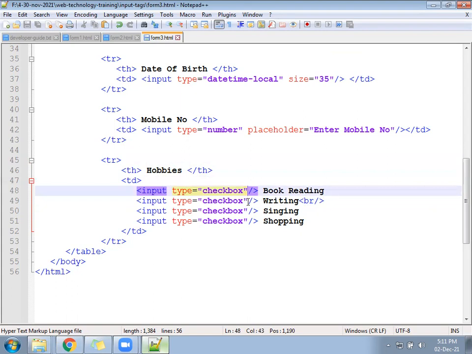Now, for checkboxes we have a property. We will write one property here that is called checked.